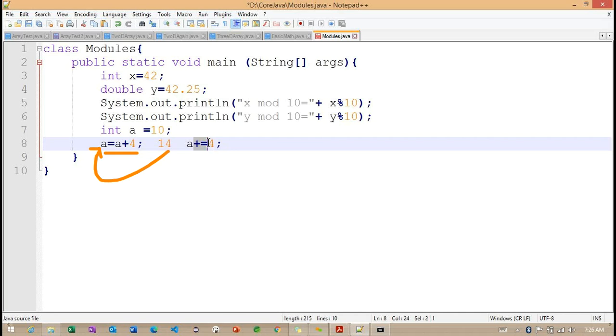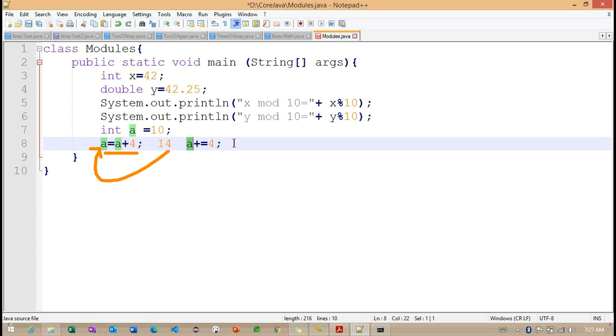Based on our discussion of the compound operator, when we define it like this, basically this is the variable which is used for assigning the value, initializing the value, as well as doing some addition.